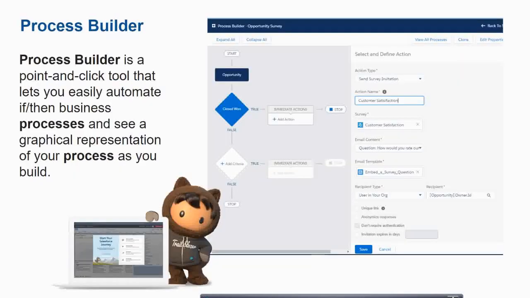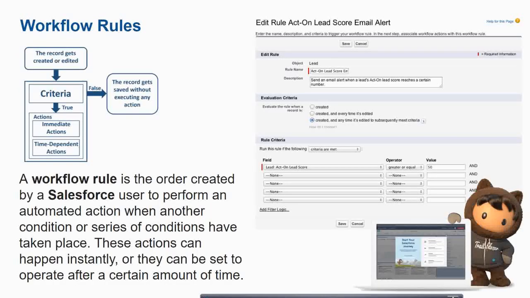Now, process builder. What is process builder? Process builder is actually a drag and drop tool. If you are aware of Marketing Cloud, it's like Journey Builder. It's a drag and drop tool which you can use to automate tasks. Let's say a new opportunity is created, you will go through this path, etc. But we have workflow rule for it, then why do we need it?